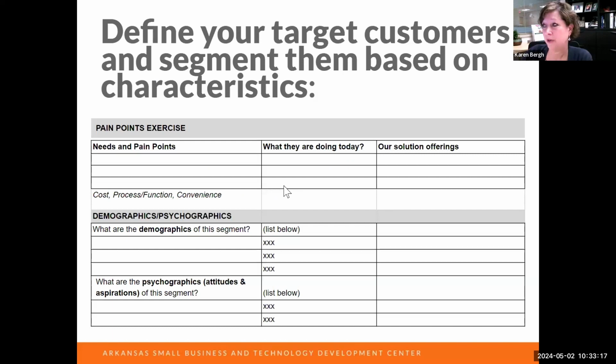And here's, I mentioned earlier, that link in the last slide was just to remind you that you can go in and do these exercises on your own to understand what currently is happening, what the needs of your customer may be, and what pain points they have. And then also, is what you're going to offer cheaper, faster, more convenient, higher quality, whatever the real difference is. You have to be able to define that. And then also understand the demographics and the psychographics, the actual makeup of the group of people who have these characteristics in common, and be able to define those.